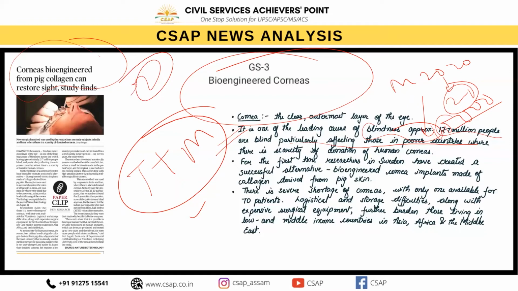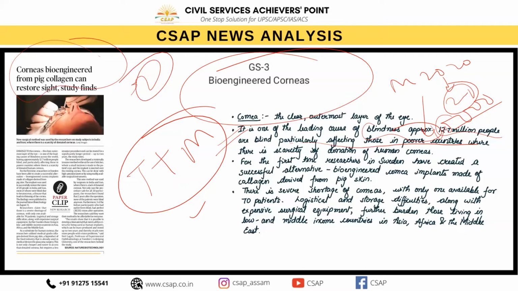Okay, and therefore we can see that the researchers even directly claim that ये जो method है, इस method में minimal investment होता है without the use of even stitches, where a small incision is directly made in the patient's eye and the implant is inserted over the existing cornea, and this can be done with today's high precision laser equipment. Okay, so this new method was used by surgeons in India and Iran, where there is a lack of donated corneas. क्योंकि आज हम लोग अगर donation की बात बोलें तो we can see the donations of kidney, heart, okay, these eyes, okay, liver,